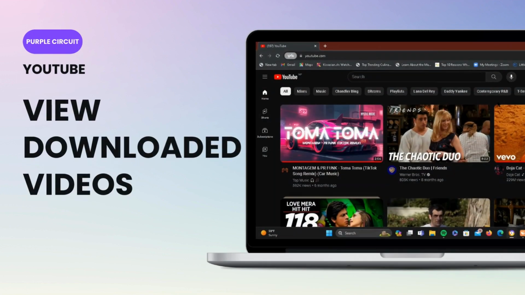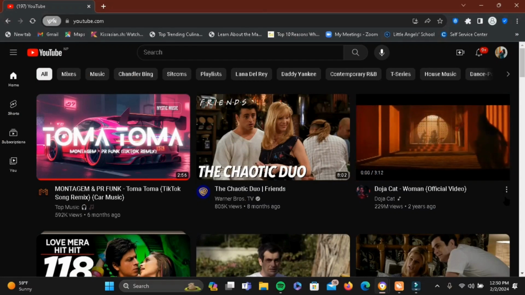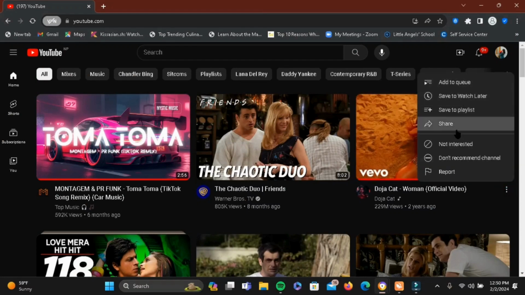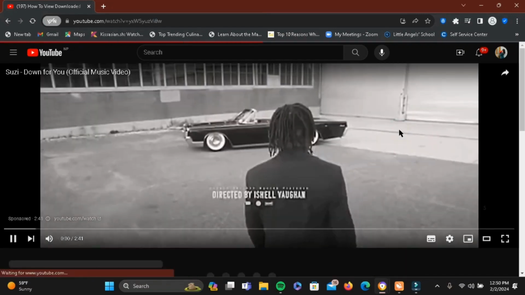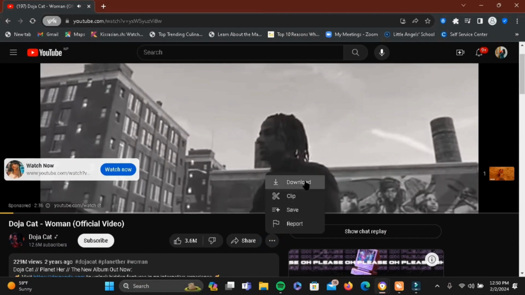How to view downloaded videos on YouTube in PC. For this, go ahead and open your YouTube and select a video that you want to download. You can either download by clicking on this three dot. If not, simply tap open the video, scroll down and tap on the three dot and tap on this download